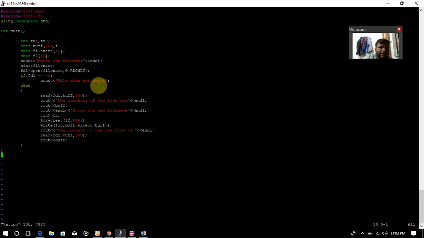cout the file does not exist, and otherwise it will go to the else part, that is it will read the file into the buffer, then it will print the contents of the file are. Then it will take the new file name, then cin f2, fd2 is equal to create f2 comma 0761, write f2 fd2 buffer size of buffer, then cout the content of the new file is this, and it will read. Now